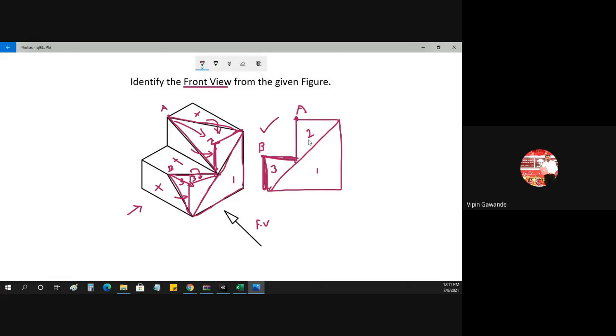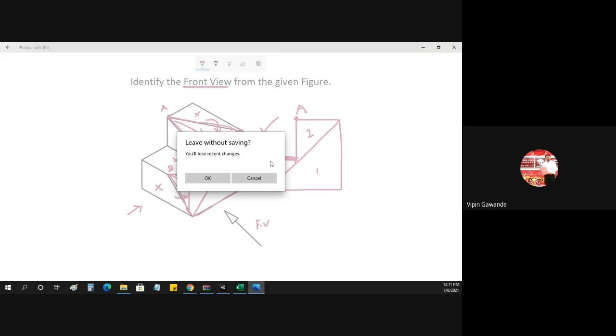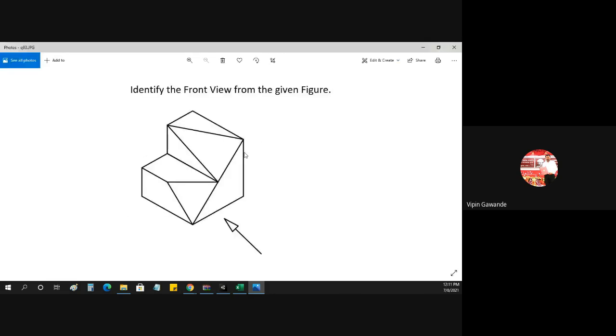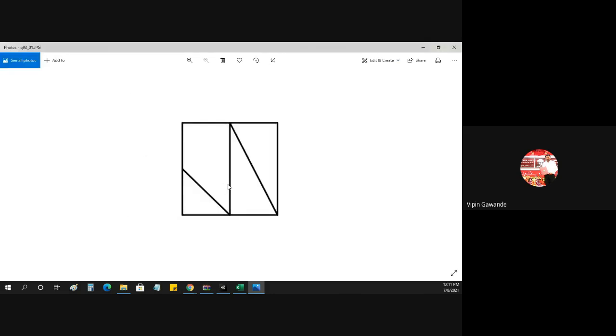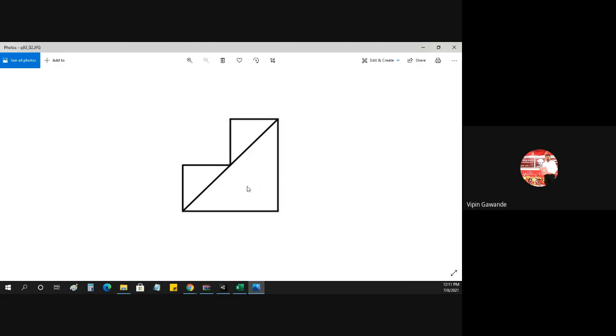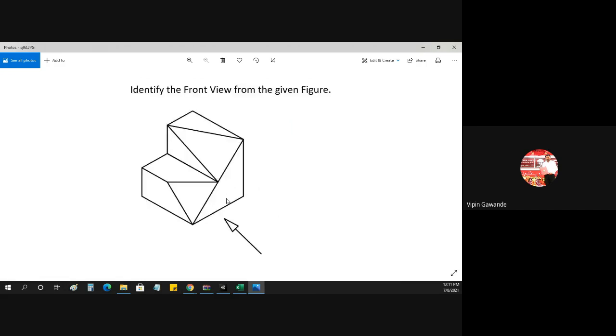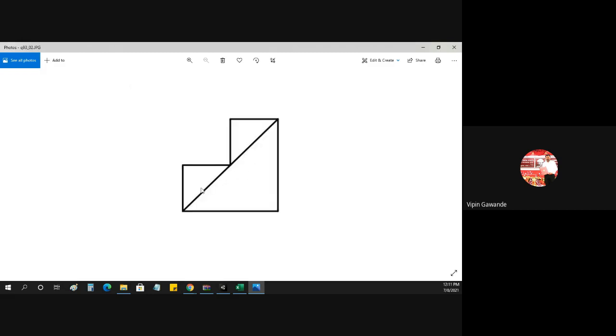Now let us check these 3 surfaces. In which option is it coming? So that will be our correct option. So we got here 3 surfaces. This is not the correct option. This is the correct option. This is the correct option. So we got first the triangle, and then this is the second surface, and this one is the third surface. We got 2 triangles. So these are the 2 triangles. Okay. So this is our correct option.